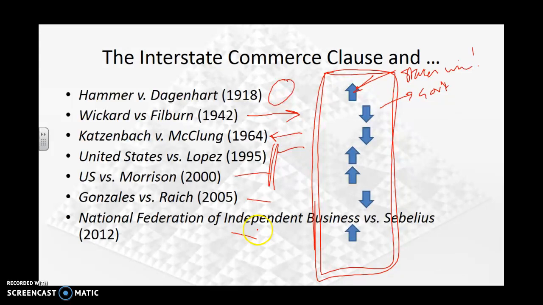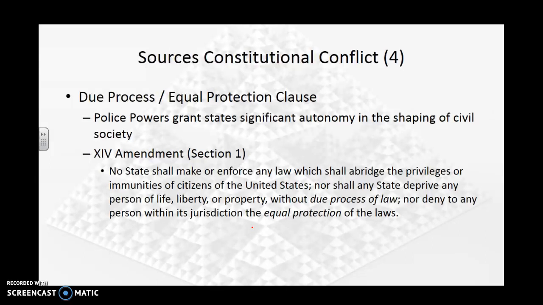This is very, very complicated, and in a 15-minute video, I'm probably not going to be able to demonstrate it adequately. What I'll do is I'll make sure I link off to the really, really strong podcasts that will help you get your head around the Interstate Commerce Clause, because this really is massively important.